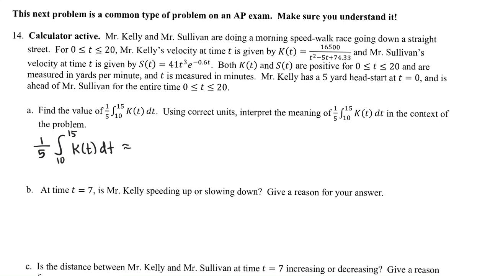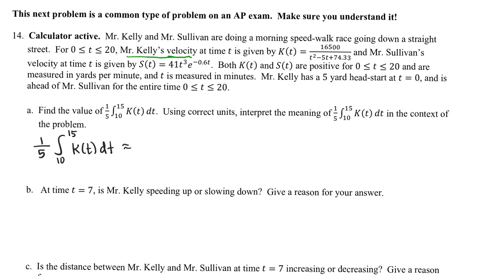Okay, this is 8.2 number 14. It's calculator active. Mr. Kelly and Mr. Sullivan are doing a morning speed walk race going down a straight street. Okay, so it's going totally straight from 0 to 20. Mr. Kelly's velocity